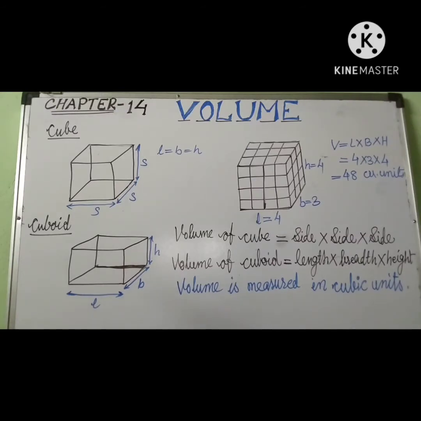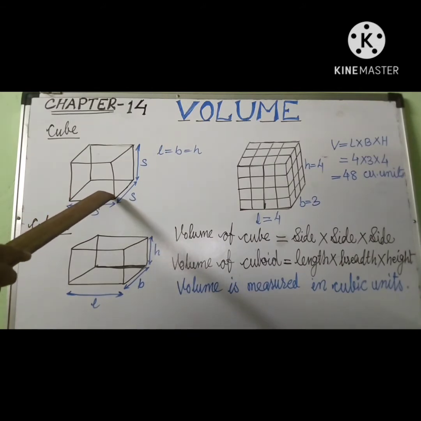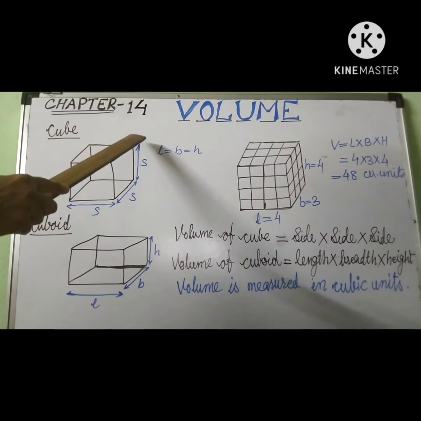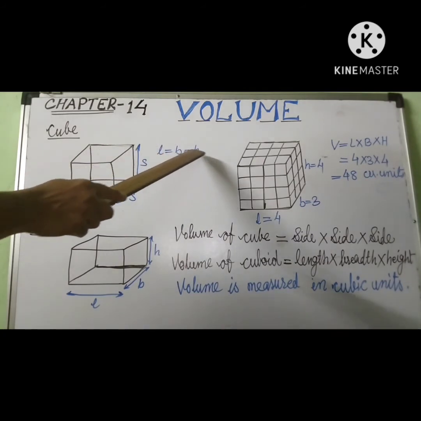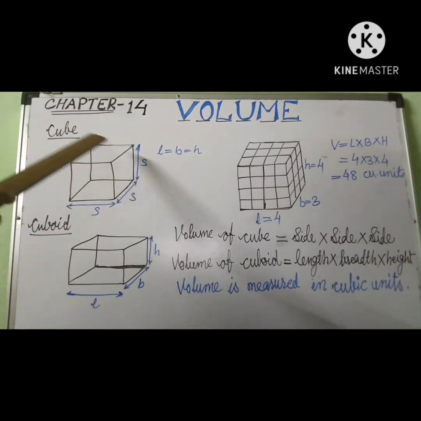Now students, with the help of animated video, you are now able to understand how to find the volume of cube and cuboid. So let's see what cubes and cuboids are. Here a 3D figure is there, you can see. And why is this a 3D figure? Because we have 3 dimensions here. Here we have length and breadth and height. We have 3 dimensions, length, breadth and height. That's why it is a 3D figure.